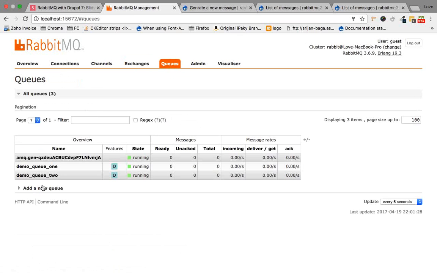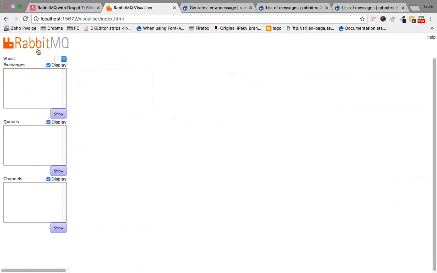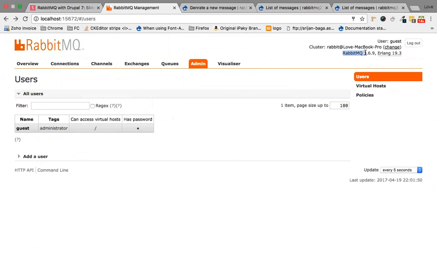So this is the list of queues. Then we have the admin option, where you can create your own user so that you can assign access based on the user level. The last one is the visualizer. This is a new option added in RabbitMQ version 3.6.9. As of now we were using 3.6.6, so we have to dig into it more, and only then can we tell something more about this. So I think that's all from the